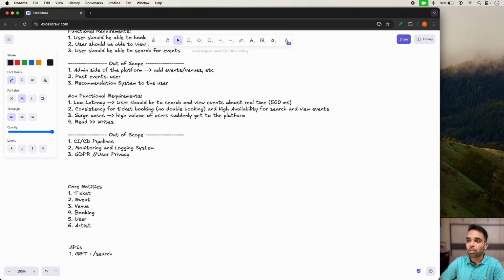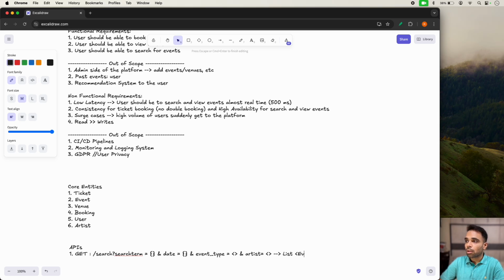So this API will look like search?term=term&date=date, and this would be lower bound, upper bound, &type=something, and this will be event type, &artist=, and so this could be a very complicated long query,